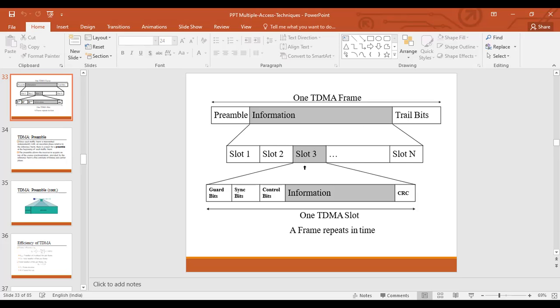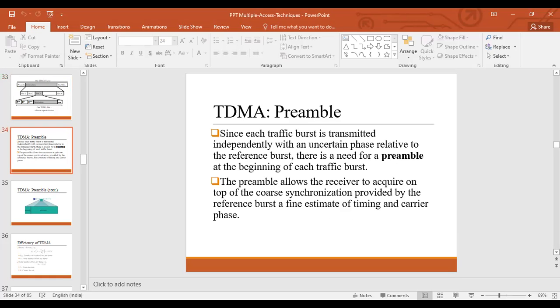Based upon the number of information bits and the overhead bits, where overhead bits are the bits which are not intended for the information, such as guard bits, sync bits, and control bits, we are calculating the efficiency of TDMA.